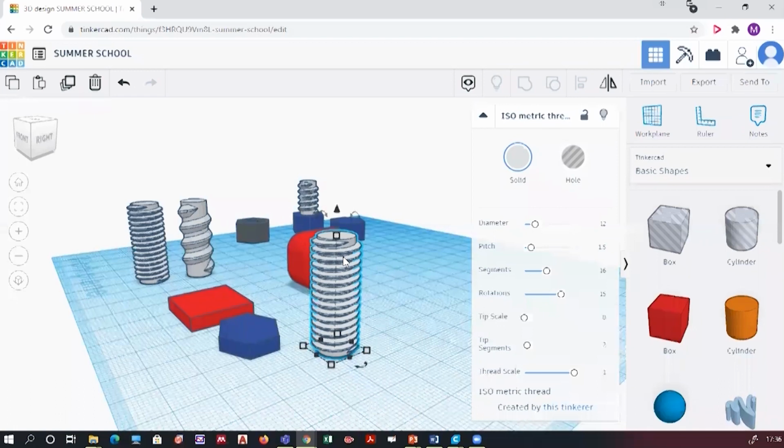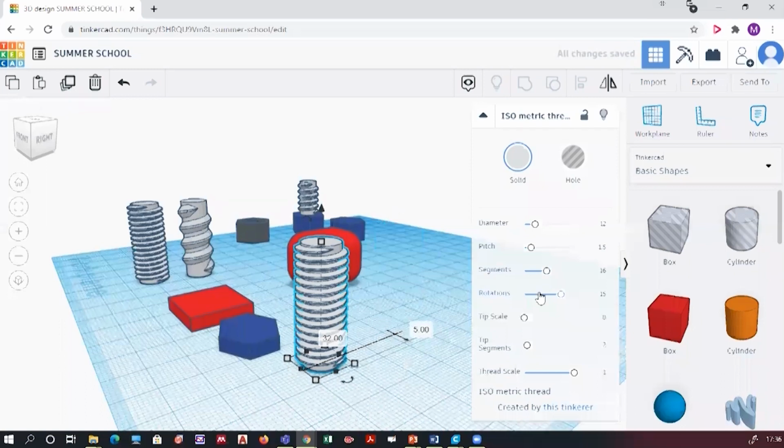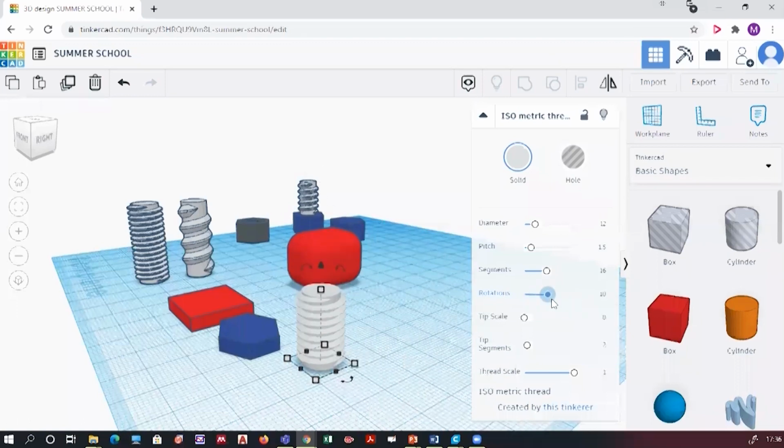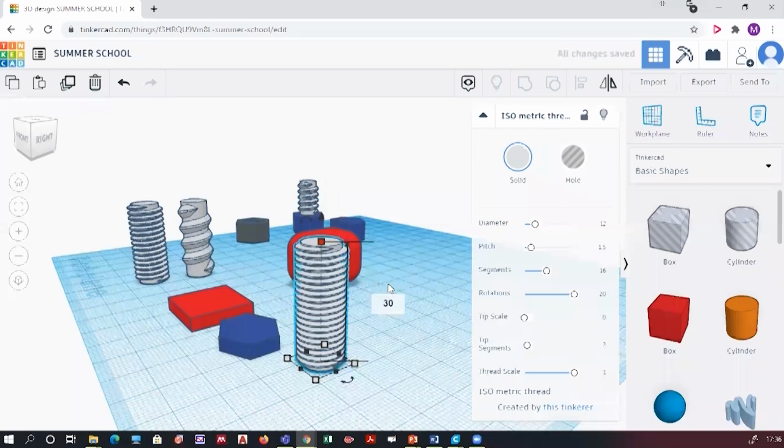filleting. Yes, in the previous one the edges are curved, that means they are filleted. Fillet is the correct word. So if I have to change the number of threads, I have to increase or decrease the rotation. But when you do that, your length will definitely change. So after increasing or decreasing the rotation, you bring your threads back to the original length. So in the same length of 30, the number of pitch will be increased. If you want to decrease it, you can do it in the same manner.